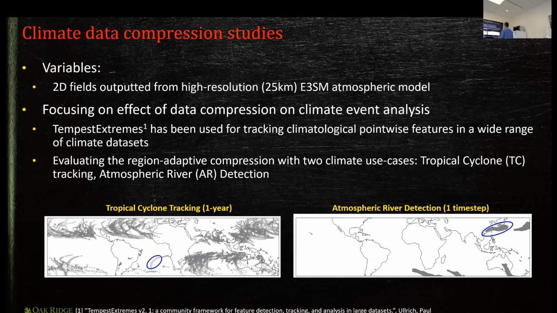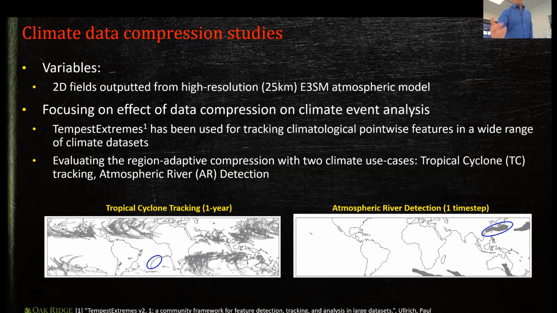And you can see in the pictures, atmospheric rivers. This is where you're tracking on the lower right, and on the lower left you can see the cyclone tracking, and you see what these codes do. So there's a code called Tempest Extreme. That's impossible for those in the room to see, but that's the place where you can get Tempest Extreme. So it computes all these different types of climate events.